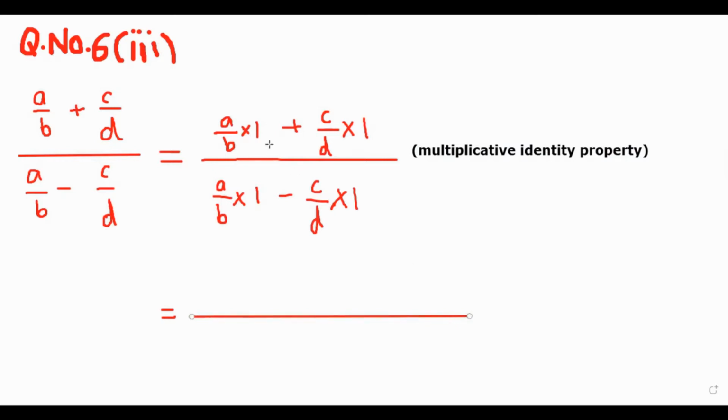If you remember, I told you that you have to multiply these with the relevant denominators. For example, this one can be written as d cross 1 by d, because in the next denominator this d is written. So this one will be written as d cross 1 by d. What is that property? The property of the multiplicative inverse. So you have to use the property of the multiplicative inverse. So a by b multiplied by d cross 1 by d.